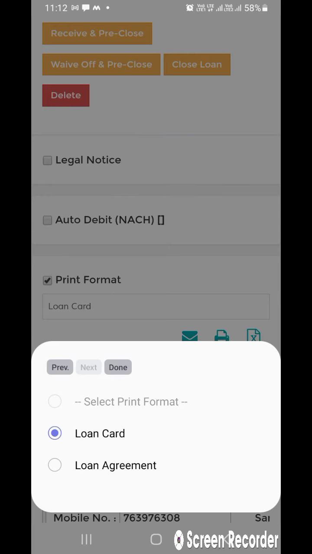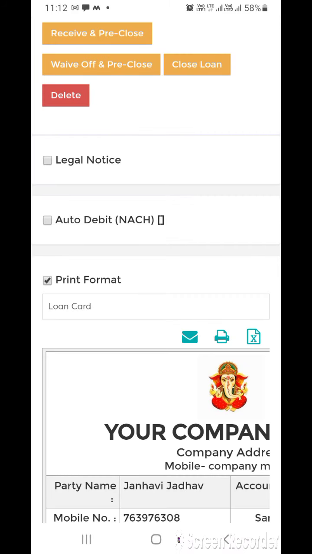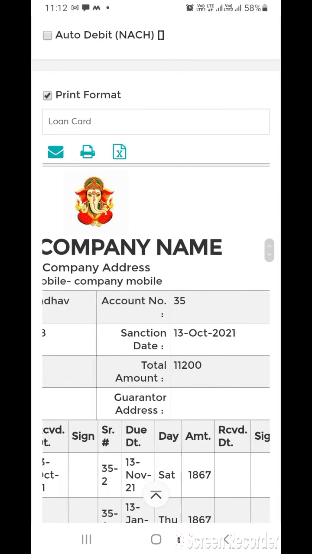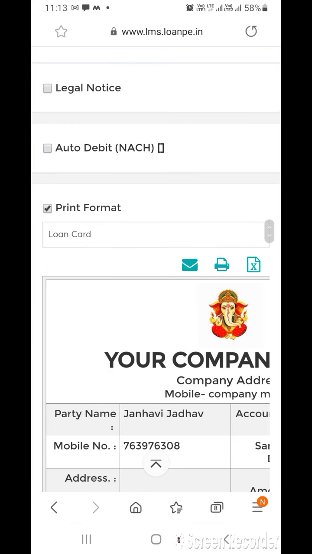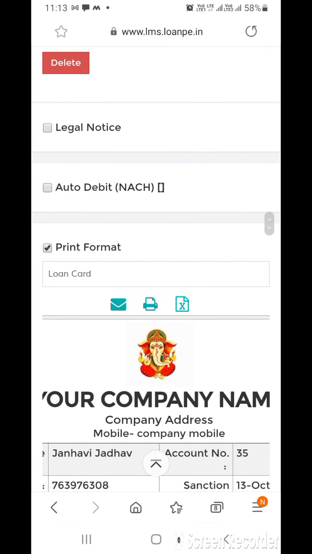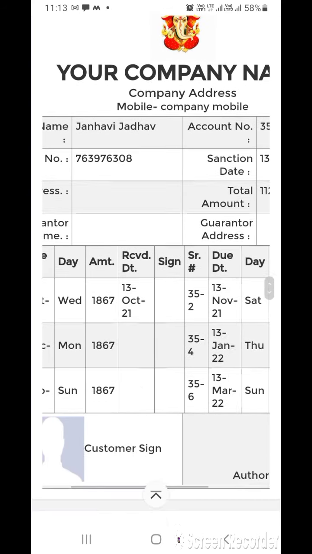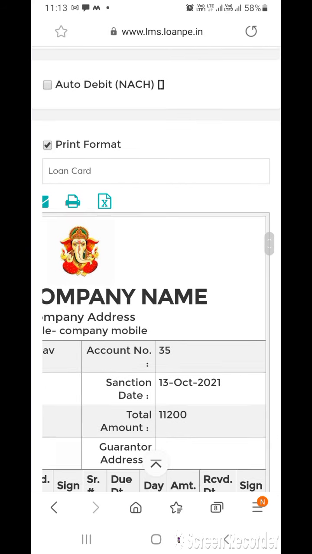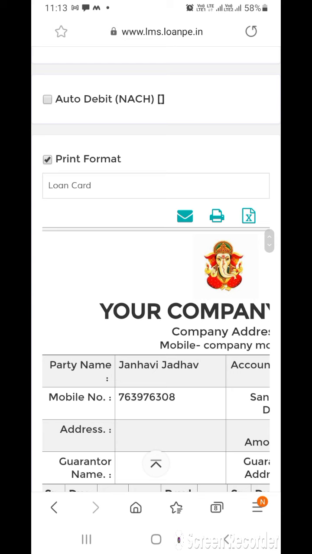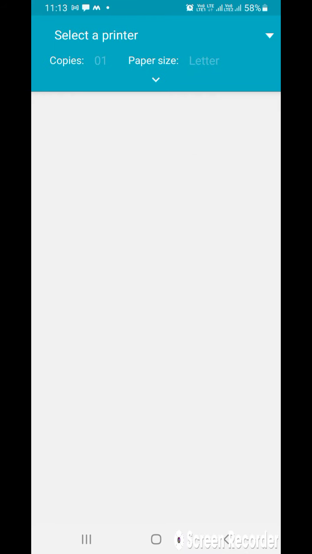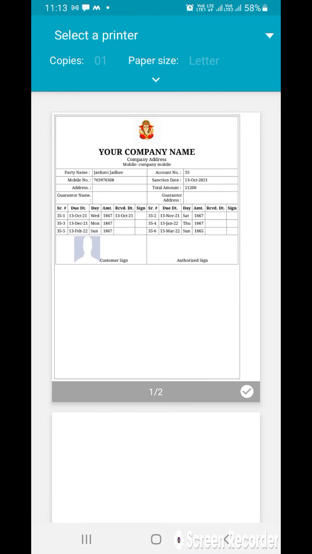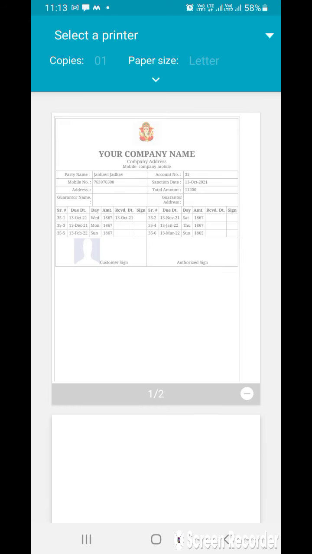Now I will select loan card, and I want to give the printout of this to the customer. So just click, you can check the loan card and you can click to the print option. Here you can see the paper size is coming. So you can just enter all the details and take the print. You can use the small printer,